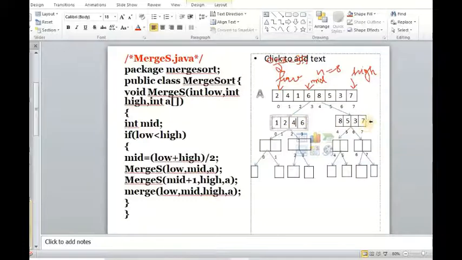Similarly, this subarray is sorted, how to sort it we will see later. For now just assume that it is sorted. So here we'll have 3 first, after that 5, then 7, and after that 8. Just assume that. How it is getting sorted I will tell you later.